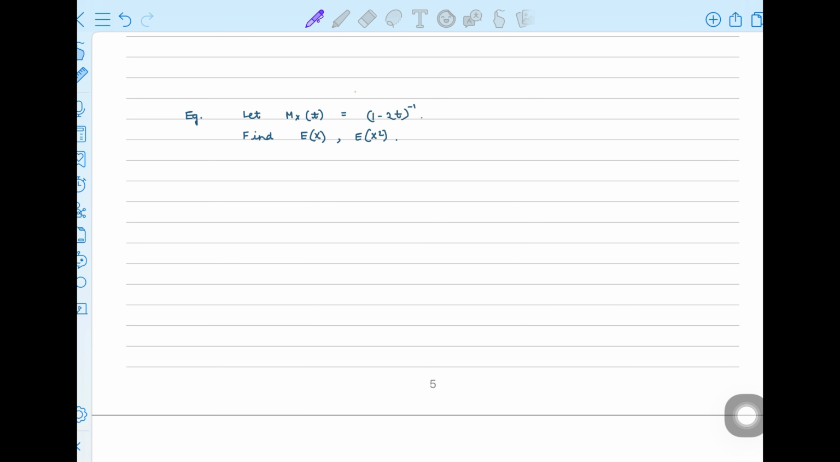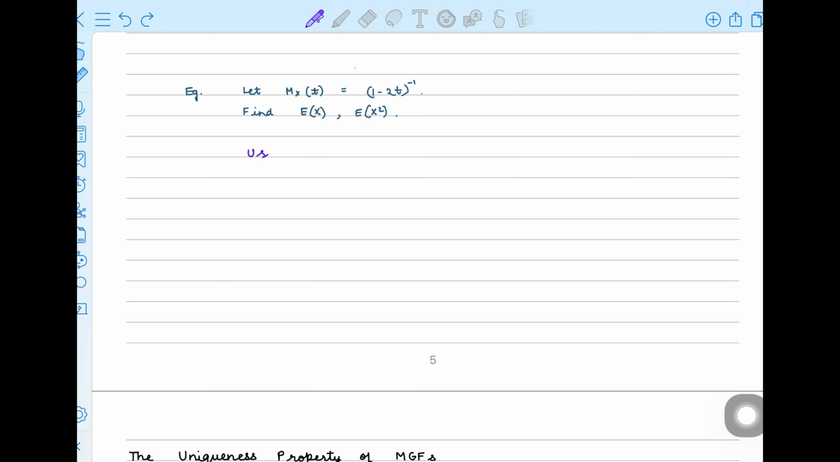The example says, let the MGF be equal to 1 minus 2t to the power minus 1. Find E of X and E of X square. Here, r is given by 2t. So, substituting that in the above formula, we get